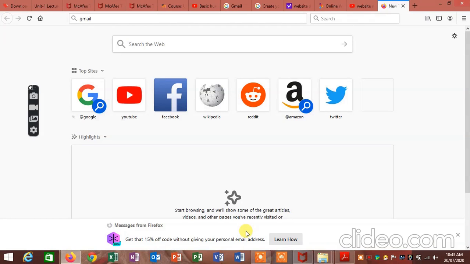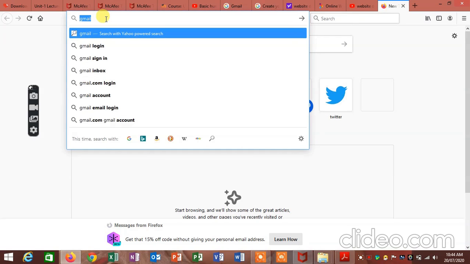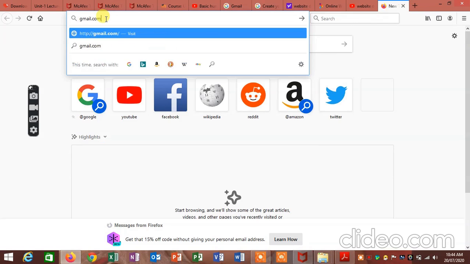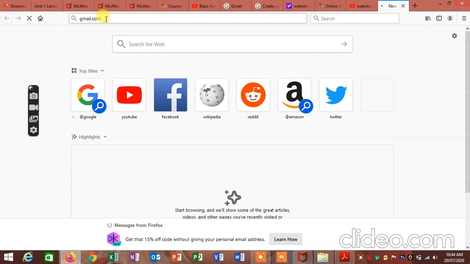This is our very first session where we are going to learn how to create a Gmail account and how to manage it. The best thing about a Gmail account is that you are going to use this Gmail account with all services provided by Google. So let us begin. The very first thing which you will do is type gmail.com and press Ctrl Enter. You will be directed to the Gmail website.